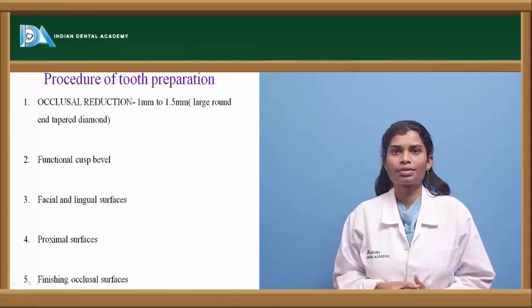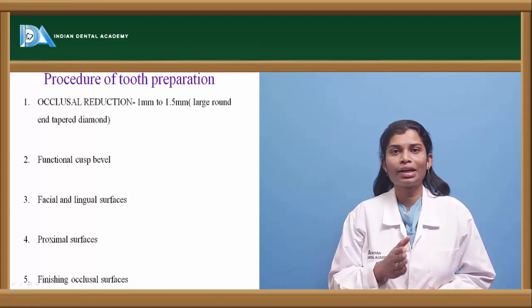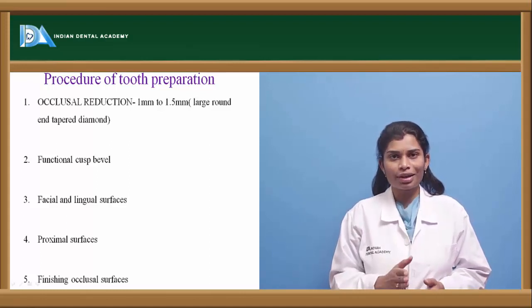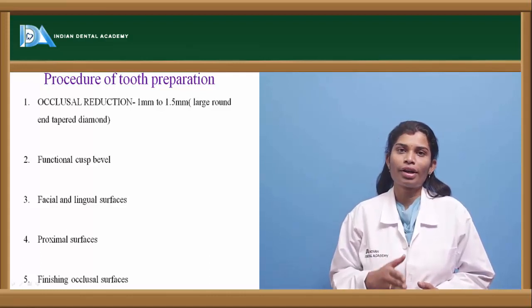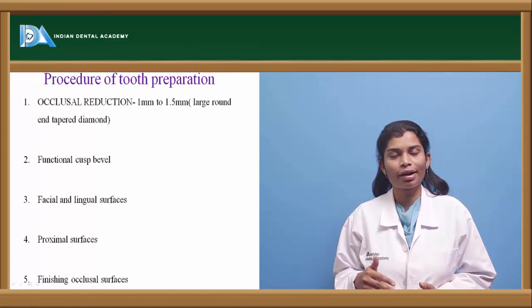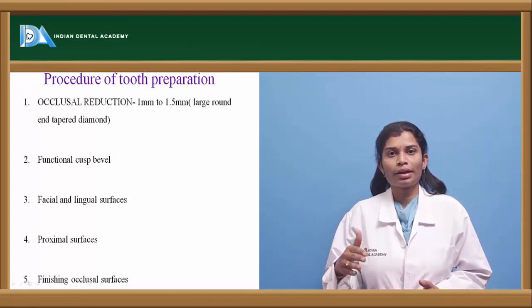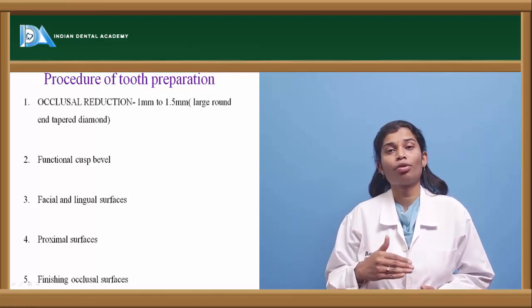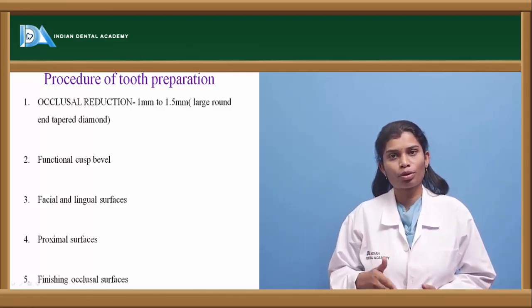In such cases, according to the tooth you are preparing, you have to reduce at least 1.5 mm on the functional cusp and up to 1 mm on the non-functional cusp. So accordingly, place depth orientation grooves on the occlusal grooves and triangular ridges. Once you place the occlusal grooves, it will give you guidance for the amount of reduction that you have to do. So you have to place a 1 mm depth groove on the non-functional side and 1.5 mm